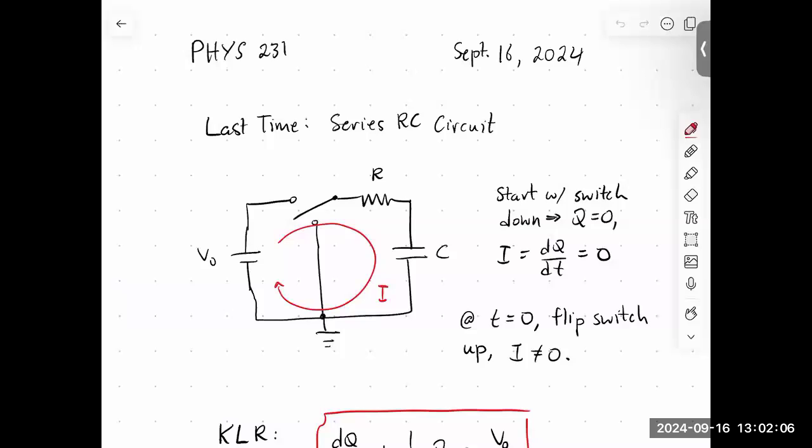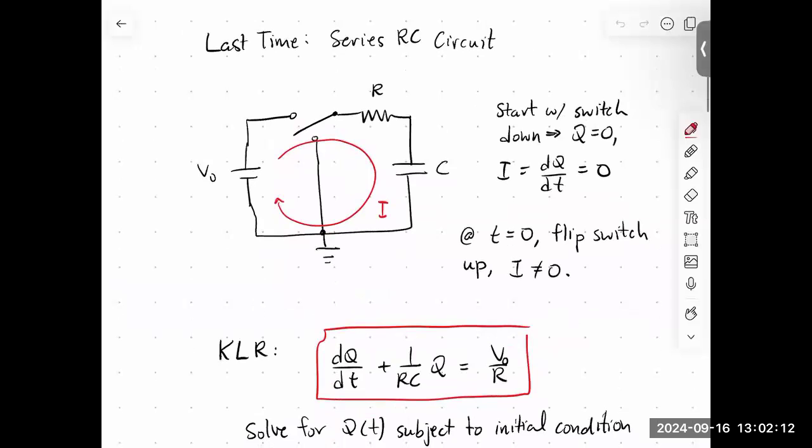We have a differential equation, which we have to solve, and the way we're going to solve it is going to involve an integral. And you know that when you have an integral equation, if you want to get the final solution, you need to use initial conditions. So nothing's different here about our differential equation describing the RC circuit. We did some work on this. We imagined we start with no charge, no current, then we flip the switch up at t equals 0. The current starts, and we want to know how the system evolves from that original initial equilibrium